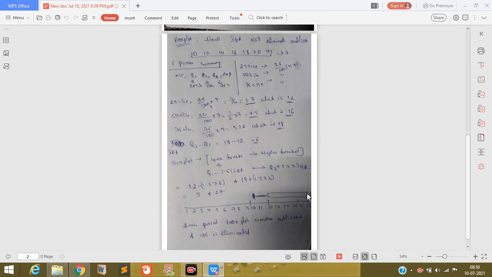and I made a box with Q1 and Q3. I was talking about Q1 minus 1.5 into 6, right? This is for the lower bracket and higher bracket. This tells nothing but the range the series should contain. This is Q1 only, this is Q3. This is not Q1 minus 1.5 into 6, guys. This is just Q1 and this is just Q3. And henceforth the box plot removes the outliers because 75 is eliminated, right?